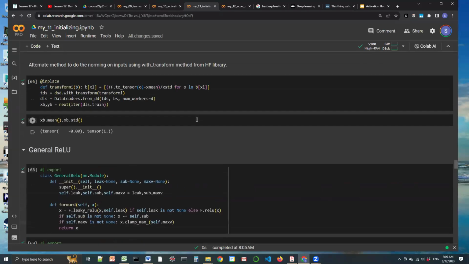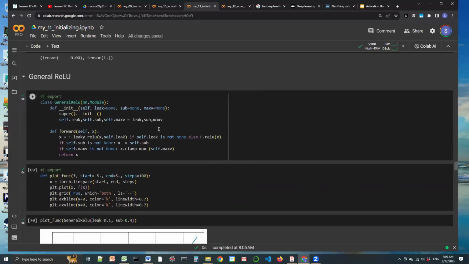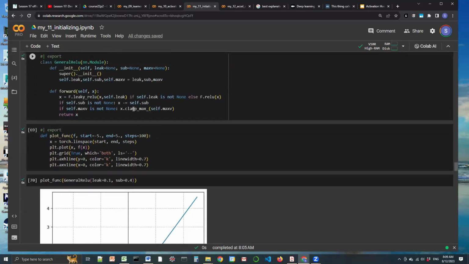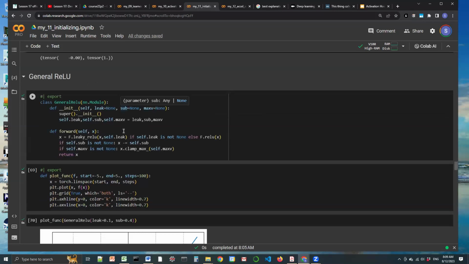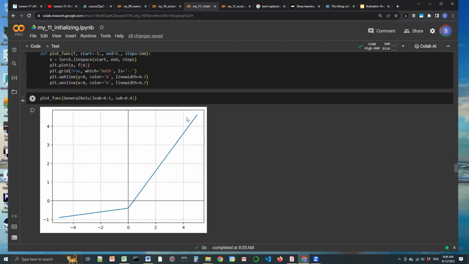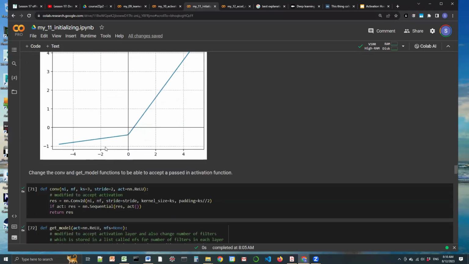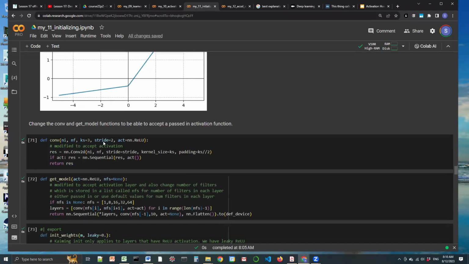And we said, wait, one of the ways that we can improve this is using a different ReLU than a standard ReLU. We called it a general ReLU, where we shift down if we need to, and then also apply a leakage and cap, which is a max value. In this case, we don't cap, but we shift it down, and we have a leaky on the negative side as well. We change the convolution definition to